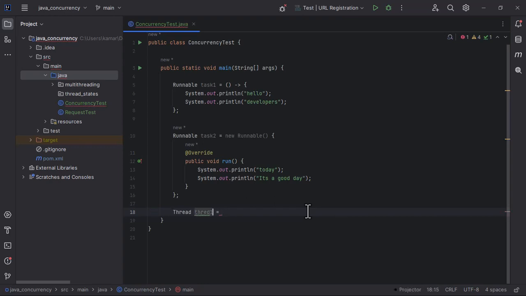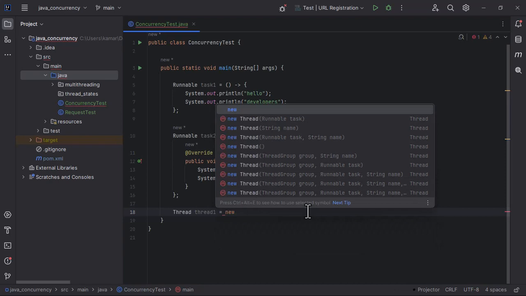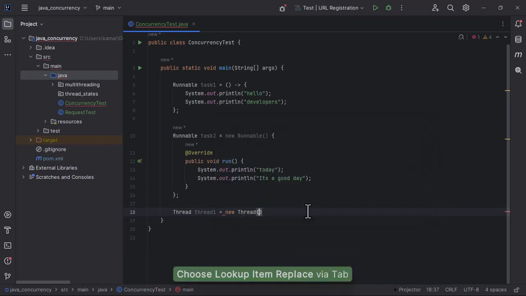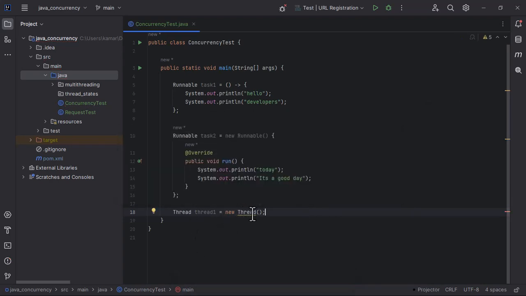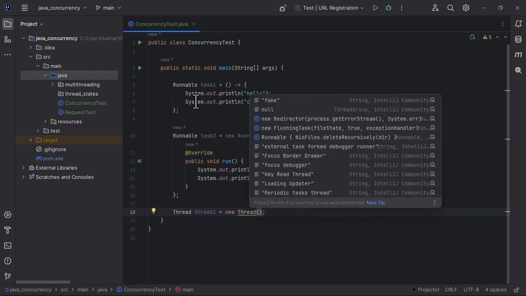As you probably know, the thread has a lot of overloaded constructors. But now we'll use the better one, where you construct a thread and you pass in a runnable,